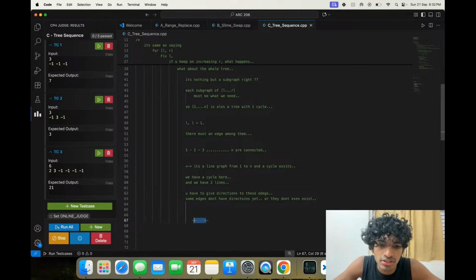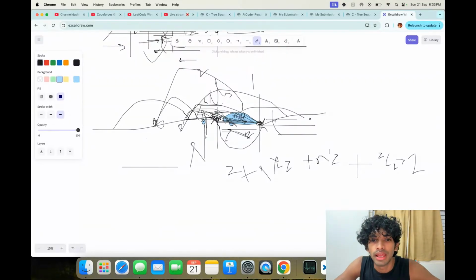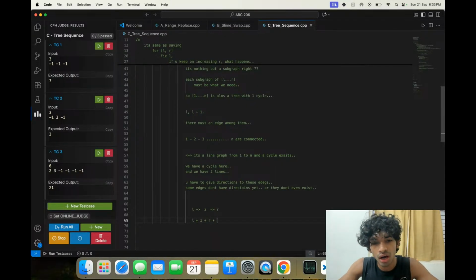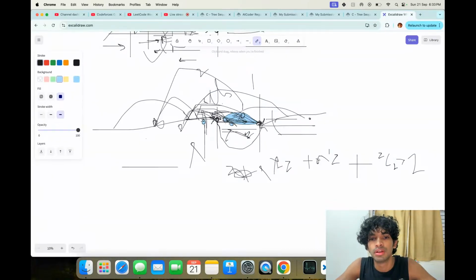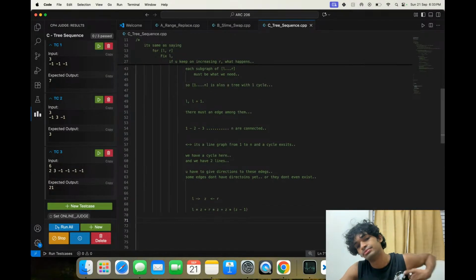From this node to this node we have Z. From here we have L. From here we have R. Then the answer is L times Z. Here we have Z things. What is this Z? I don't know. For this we have L times Z plus R times Z plus Z into Z minus 1.